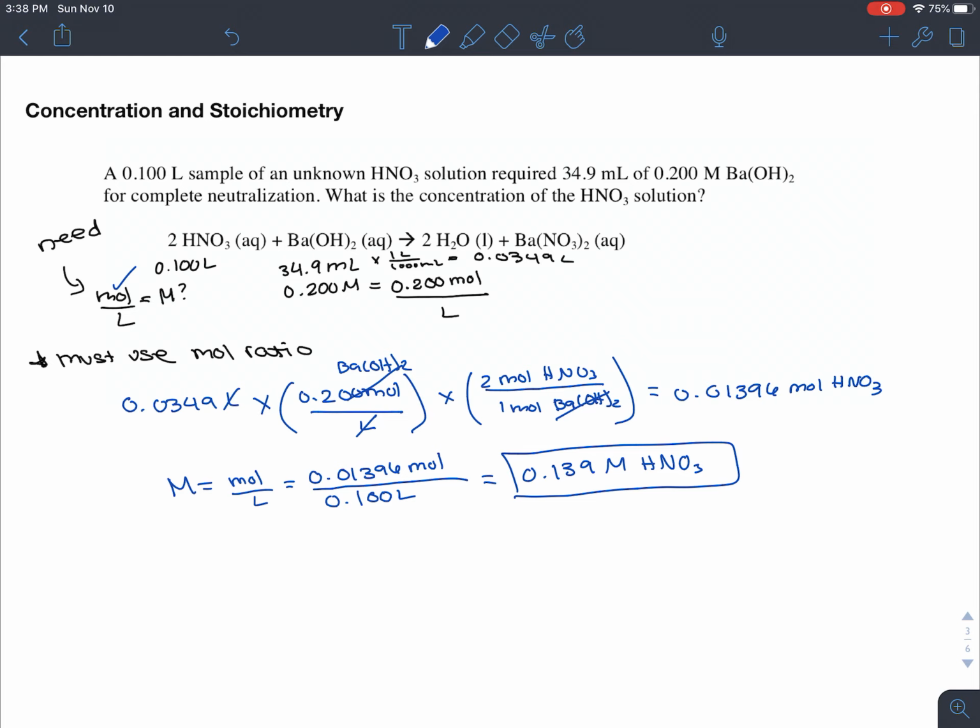Now, if we wanted moles, we would have been finished. If you wanted atoms, you would have used Avogadro's number, grams, molar mass. But here we had to use the volume to get concentration. So there you get the answer that you want. Very similar to